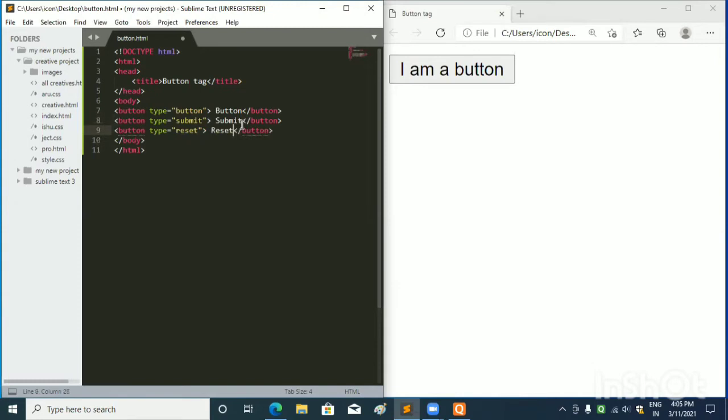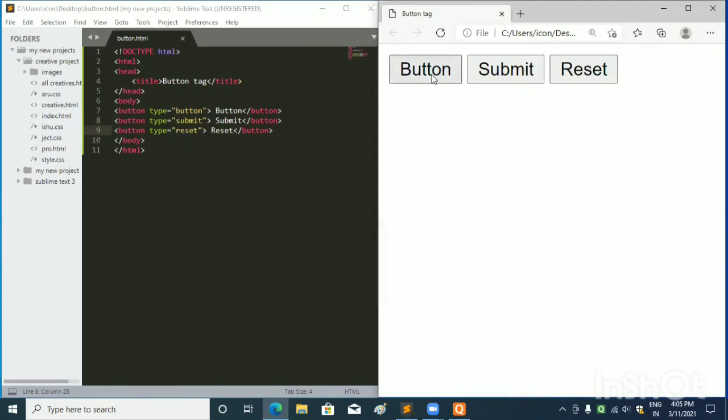So when we save it and refresh the browser, you can see three buttons had appeared here, but they are in line.